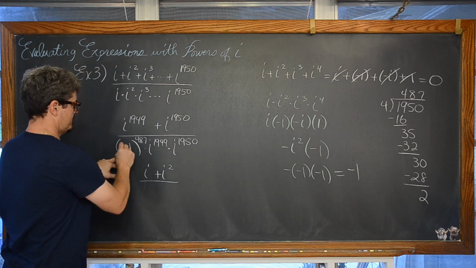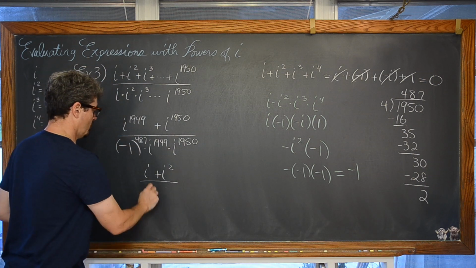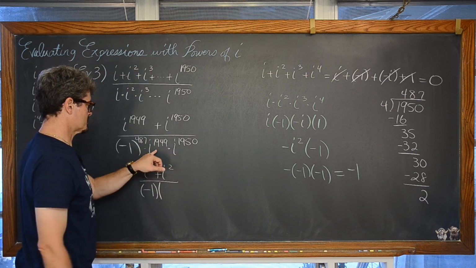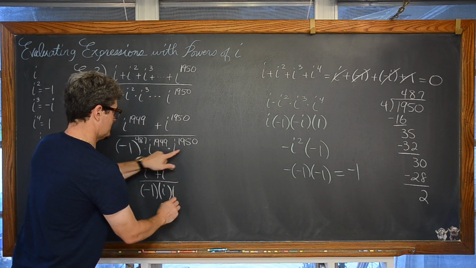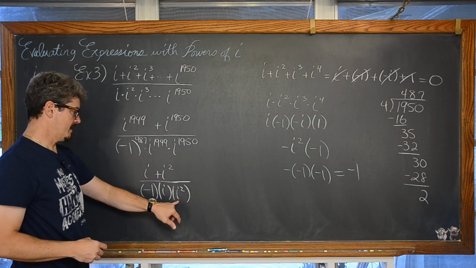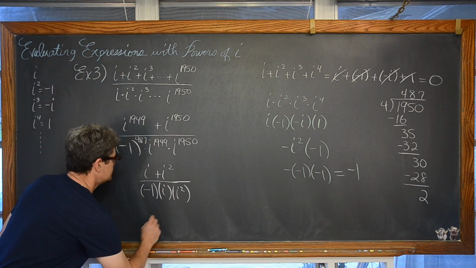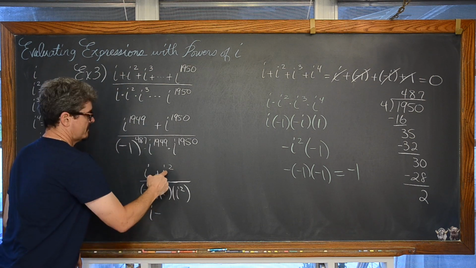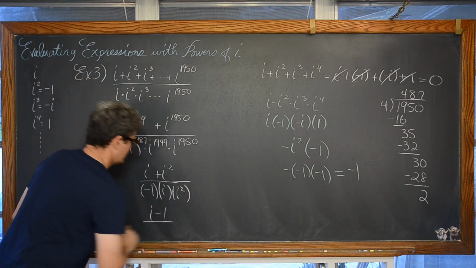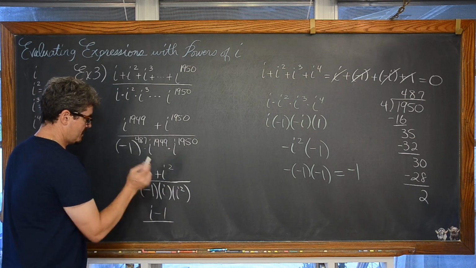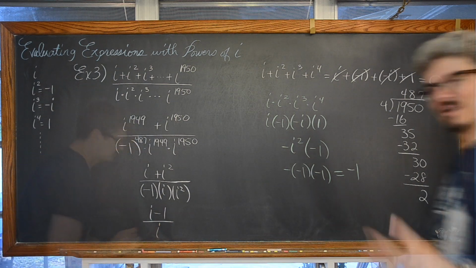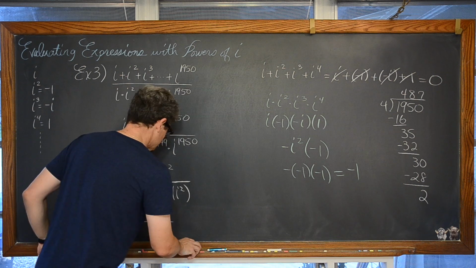And in the denominator we have negative 1 to an odd power, which is a negative 1, times, well, this again had that remainder of 2. So we're looking at times i squared. That means that we're looking at negative 1, and we have i squared is equal to negative 1. So we have i squared, which is negative 1, times negative 1, which is 1, times i. Okay, I'm super prone to mistakes, and I just wanted to make sure I didn't have any.